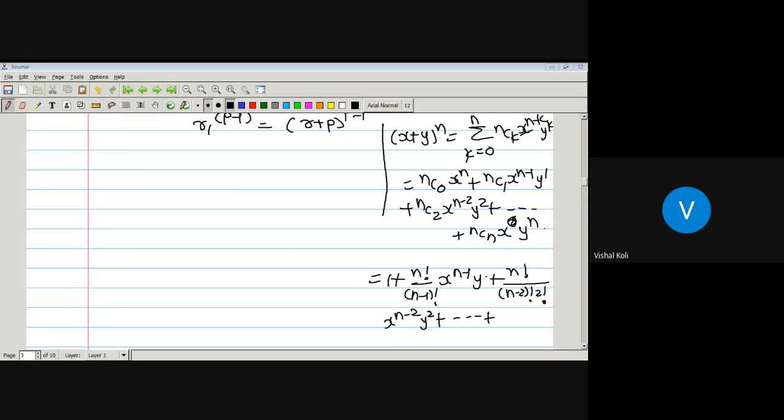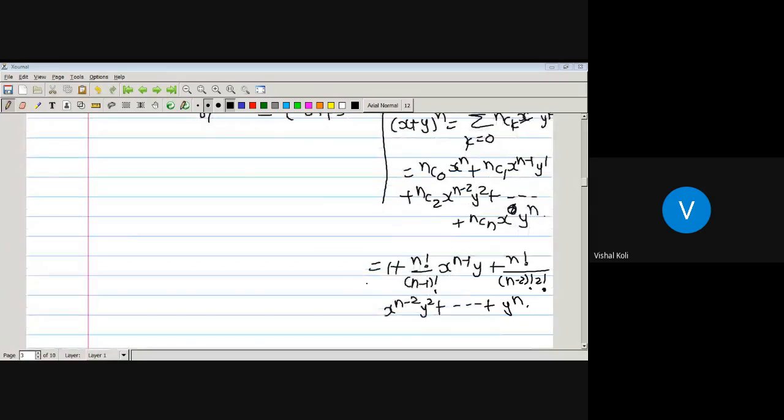into x to the power n minus 2 into y square, plus so on. The last term n cn is n factorial divided by n minus n factorial into n factorial, that is n factorial divided by 0 factorial into n factorial. Again n factorial gets cancelled and 0 factorial is 1. Therefore it is 1 into x to the power 0 into y raised to n, that is y raised to n. Therefore in this way we get x plus y raised to n is nothing but 1 plus